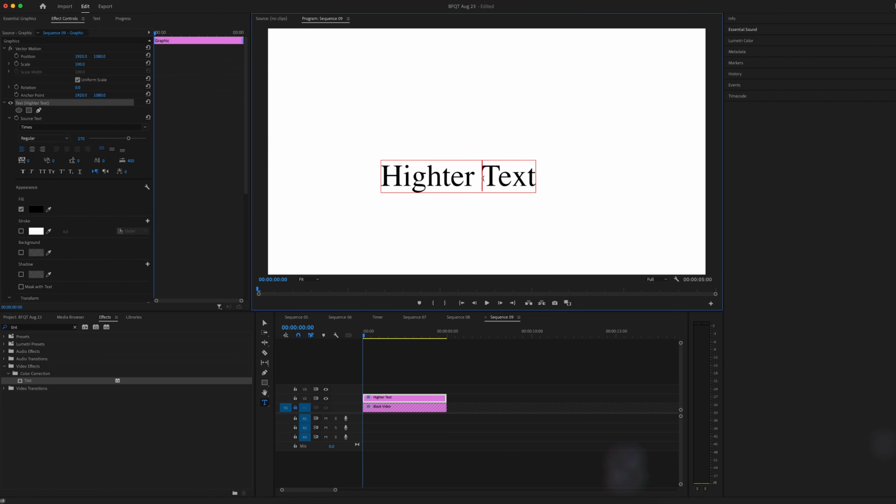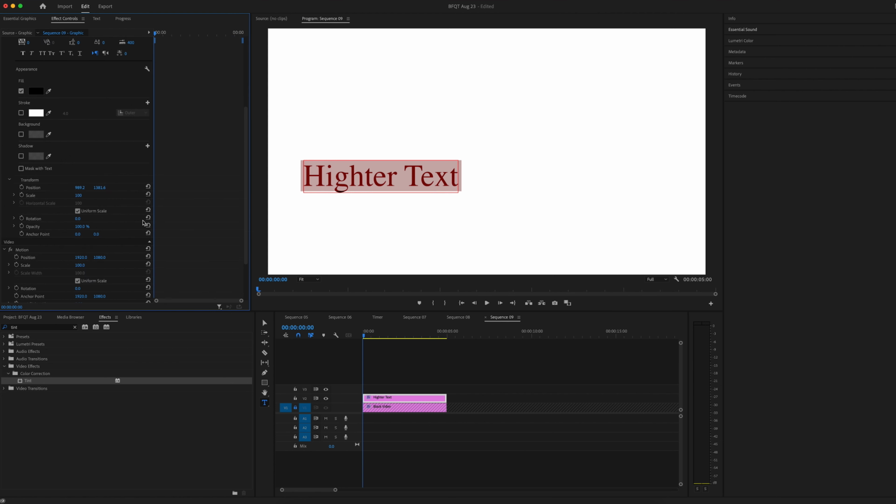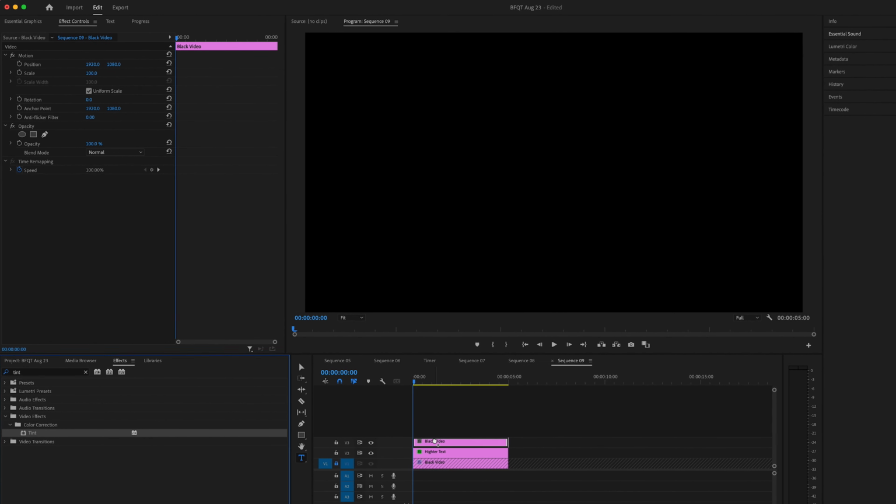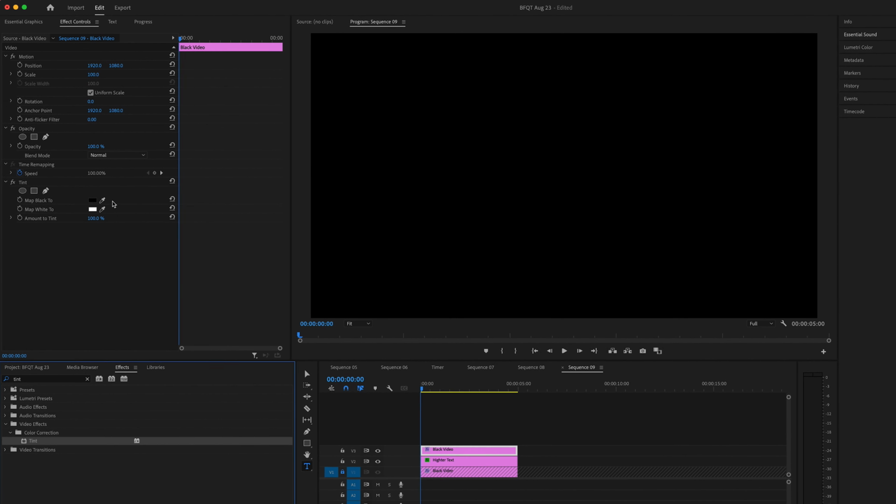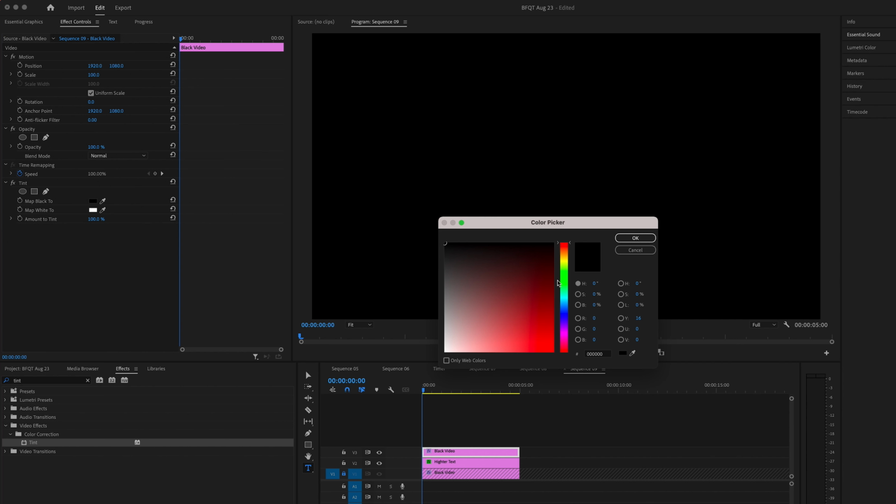Now if we go back to the text, we just want to place this in the middle, make sure that's in the center of our composition, and that will do there. Now we want to create the highlighter effect. So we're going to go into project. We're going to use that black video that we just created and drag that onto video layer 3. Now we'll go back into tint. So we'll drag tint onto the black video on video layer 3 and we'll change the black to yellow